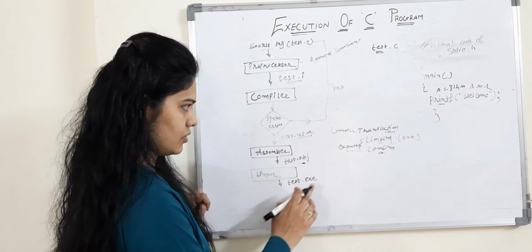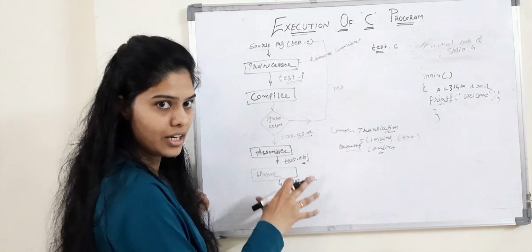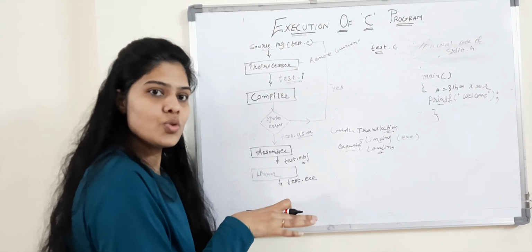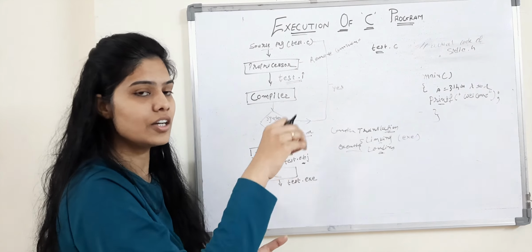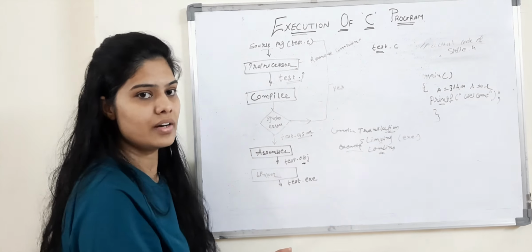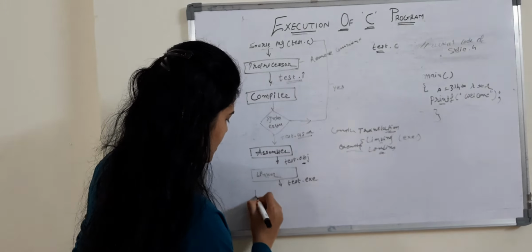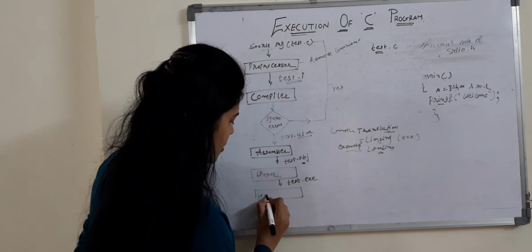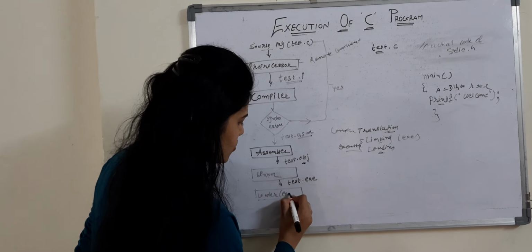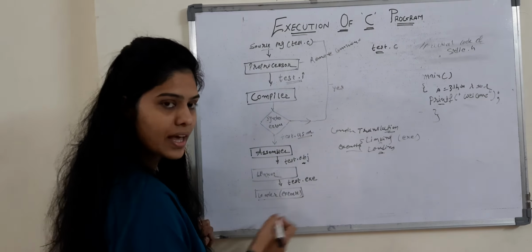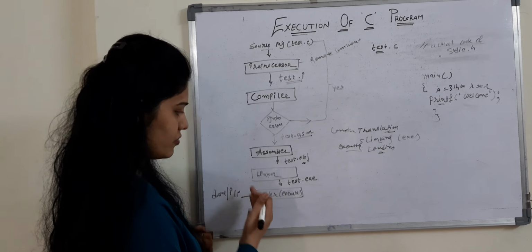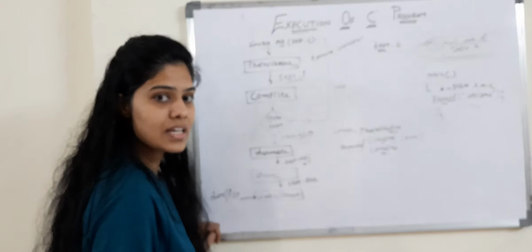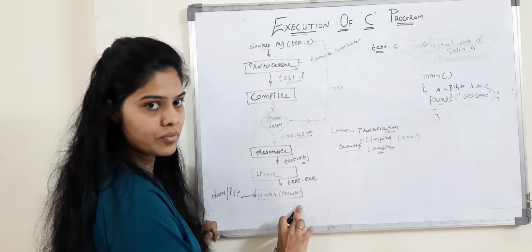The loader will load this file into RAM. During the execution of any application or program, the exe is first taken into RAM for the execution. So here the loader will load that exe into RAM for the execution. During the execution, we also provide input if necessary. If the program is written such that input is necessary, we will provide input at this time, during the execution.